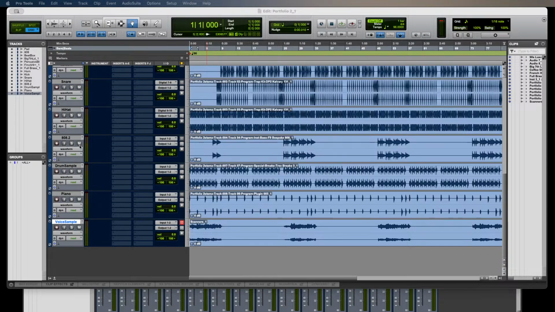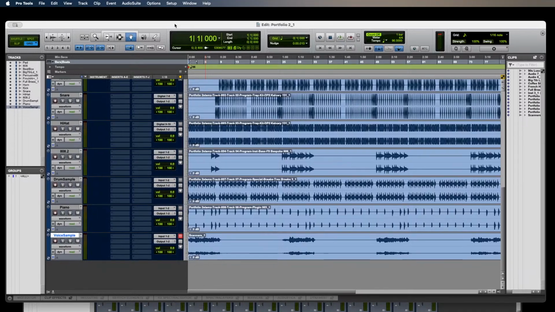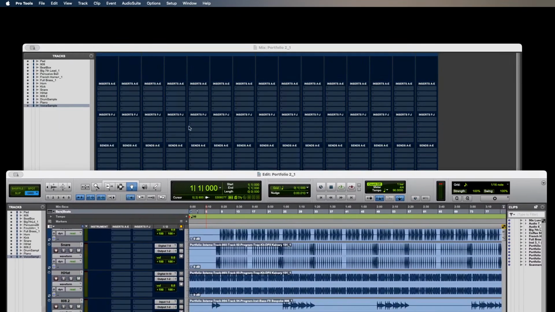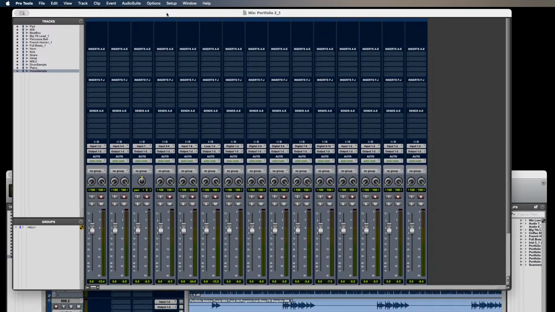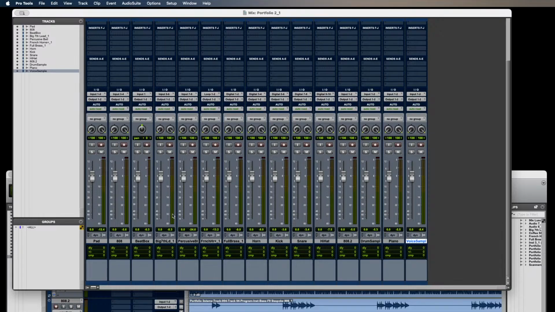I want to organize these tracks. Let me see, let's bring this forward. What I want to do is put all of my drum tracks in the front. So let me put all these up here. I got a drum sample, 808, kick, snare. So let's do the kick first, y'all. Let's get the kick down here at the beginning,